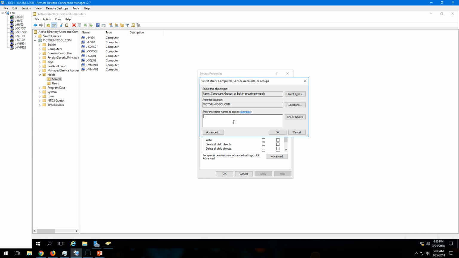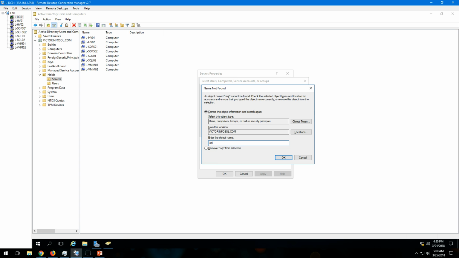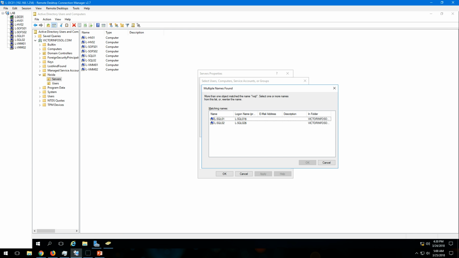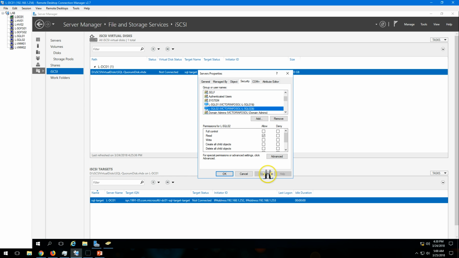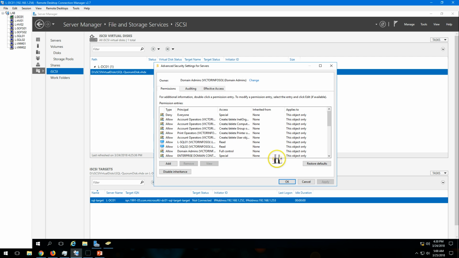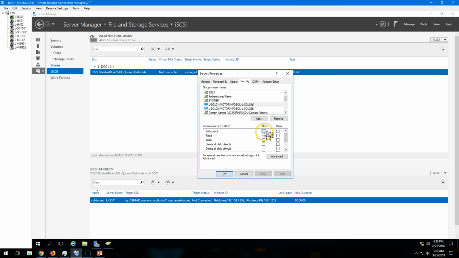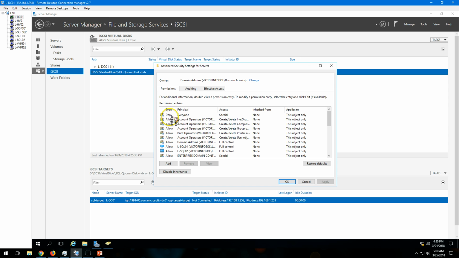I'm going to put here like L-SQL. So I'm going to select both accounts and click on advanced. Also you need to select here full control. I'm going to assign this, and in advanced,